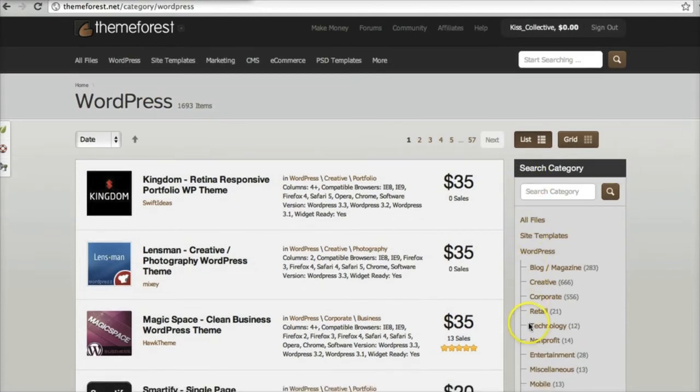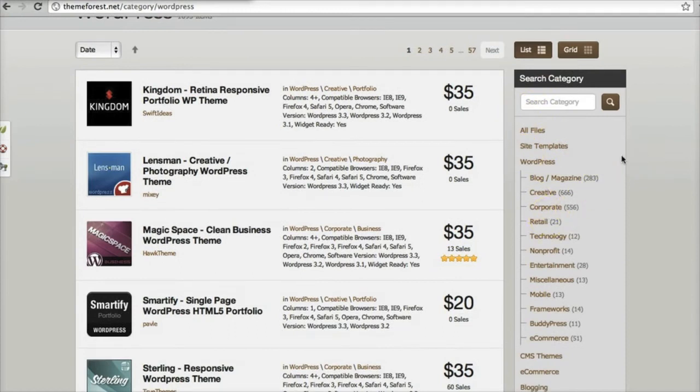Now I want to look at the categories because that's what's giving the model away. Categories are hugely important things. Not only do they organize data, but more importantly, they prescribe a model for something. So if you have the category blog, magazine, for example, there are all sorts of expectations at work in the name of that category. And any new developer coming to the WordPress landscape, to the WordPress business, is going to have to fit into one of those categories in one way or another. So categories are good for organization, but they are also restrictive things. All right, they delineate a field.